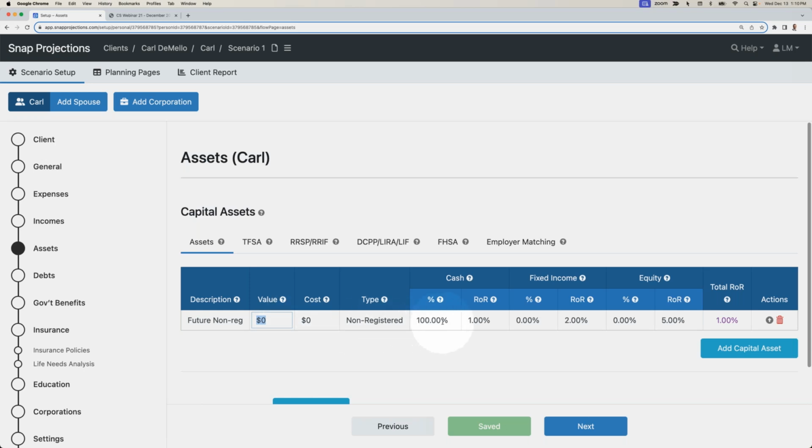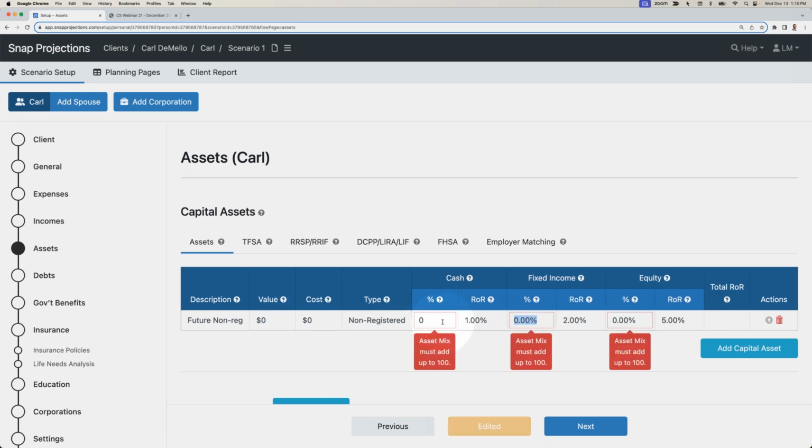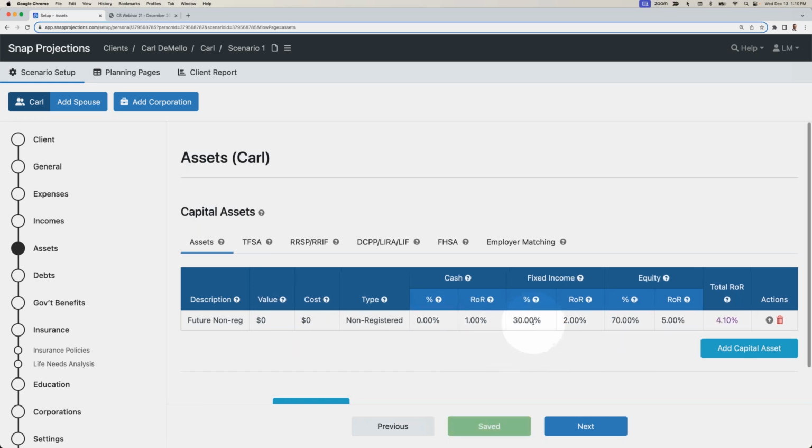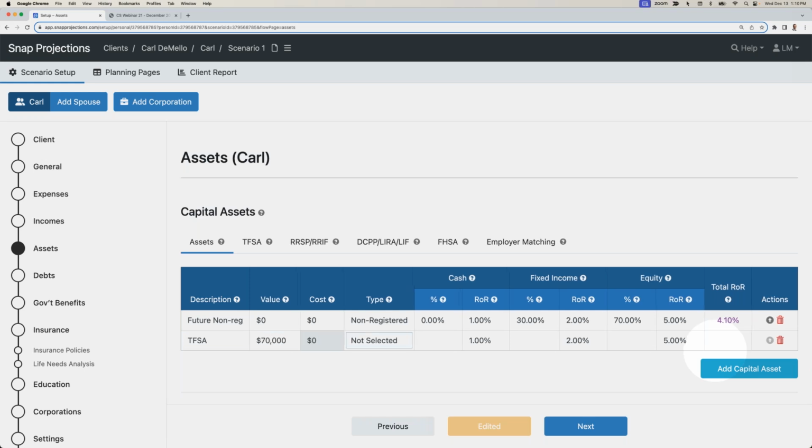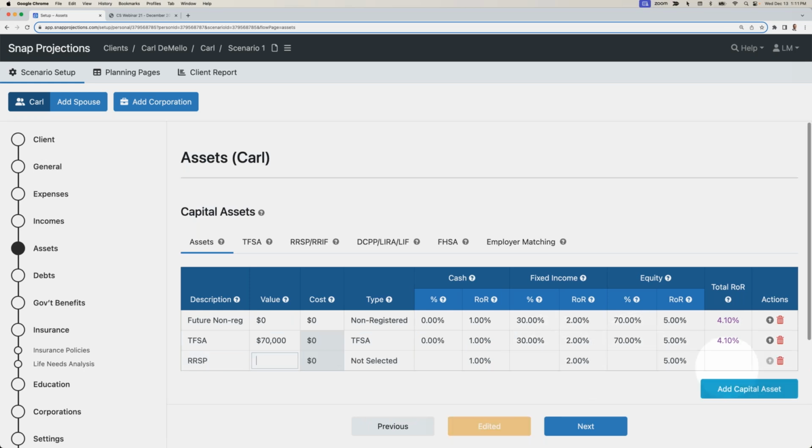So I'll update the asset allocation to what the client would likely invest the money into. So we'll use 30% fixed income and 70% equity. Carl also has an existing tax-free savings account with $70,000 invested as 30% fixed income, 70% equity. And he has an RSP currently with $90,000